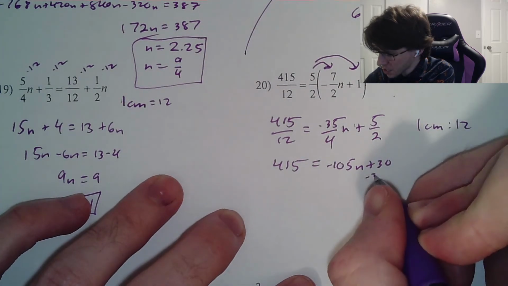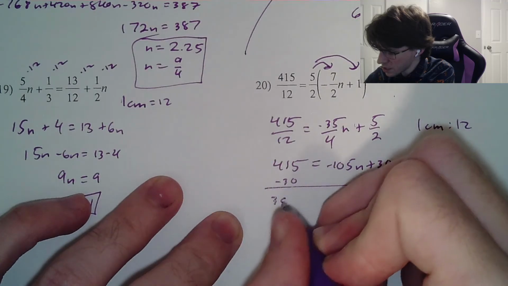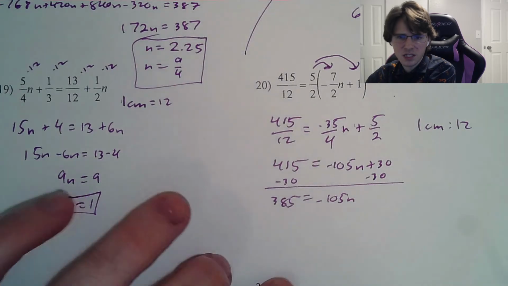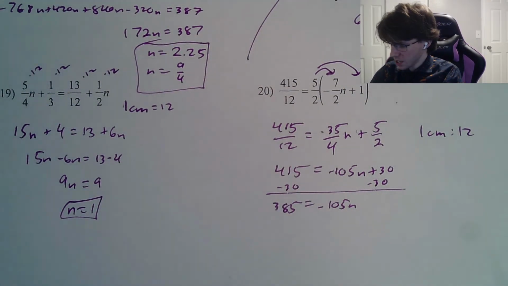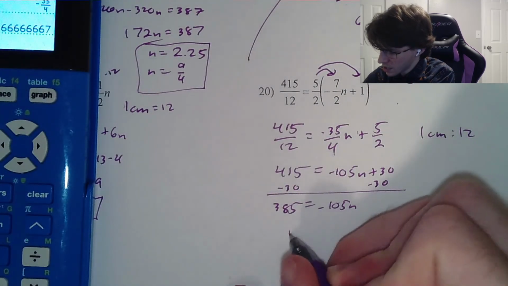Subtract the 30 on both sides. We get 385 is equal to negative 105n. Divide both sides by 105 using that calculator. Get 385 divided by 105, and it will tell you that n is equal to